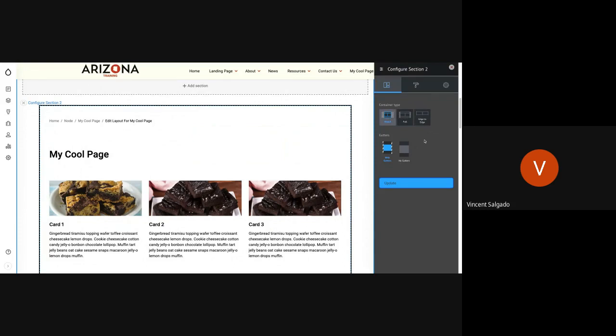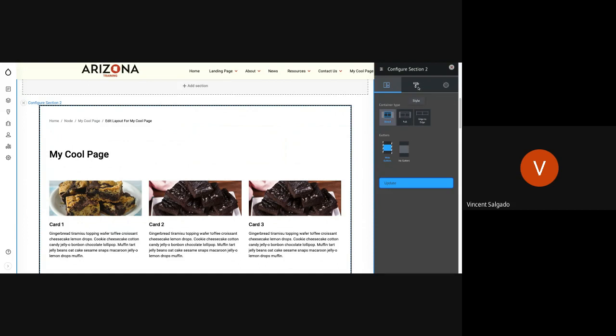You might have seen it before, where we were adding in, do we want gutters? Do we want it to be edge to edge? What does it look like on desktop, mobile, tablet, and so on? It brings up that configuration again. So you can always go back to change what it looks like by clicking to configure that particular section. One thing I want you to take note of, instead of just that container layout we've been looking at,